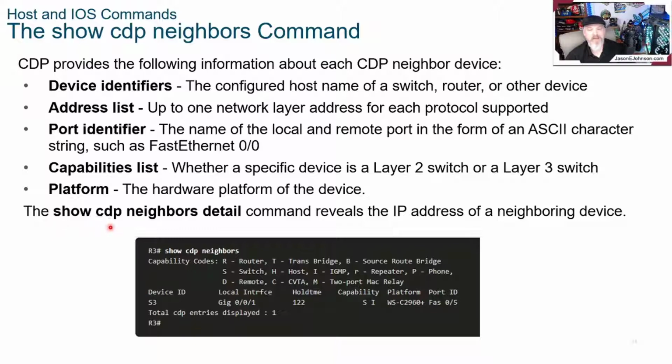And the show cdp neighbors detail command reveals the IP addresses of a neighboring device, and you can see that down here.